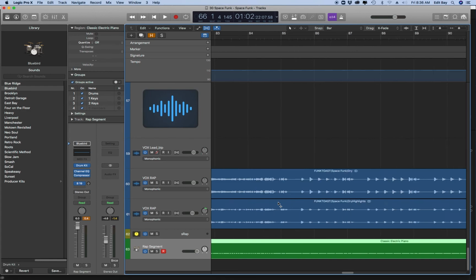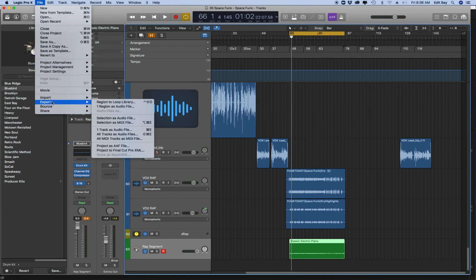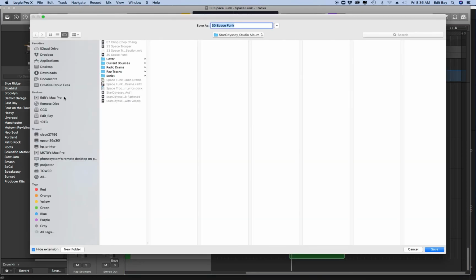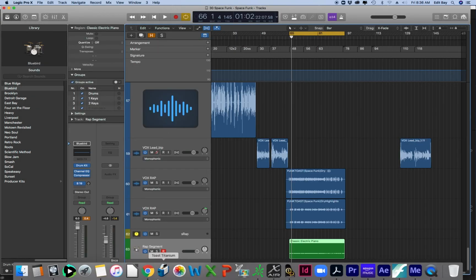and I'm going to actually drag this looper over the track, go over to File, Export, Selection as MIDI file, and just dump it somewhere. This is fine. So the tune is called Space Funk, so Space Funk Rap. I'll call it piano roll, and save it. Now I need to launch